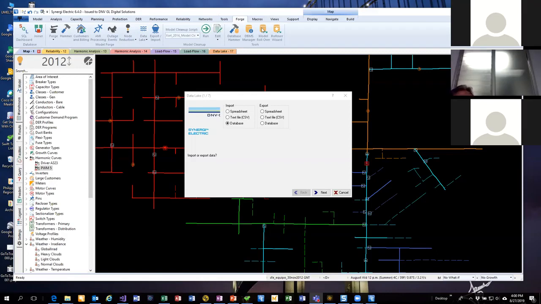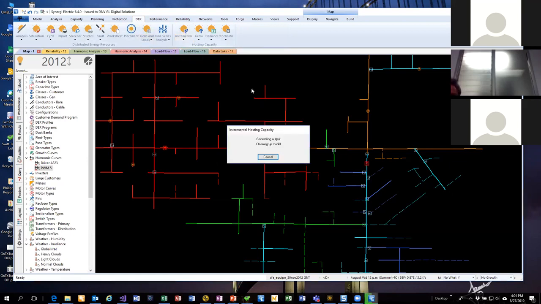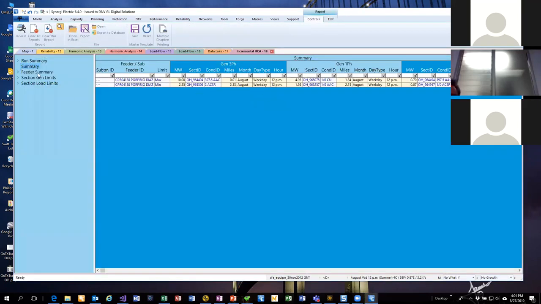Okay. Yeah. For the hosting capacity analysis, do you include some reports or some information that will help us to determine mitigations for the impact of penetration of solar power plants? Yes. The hosting capacity report will show you what the bottlenecks are, and I'll go back in here and run this real quick. It runs fast. And so when we look at this,